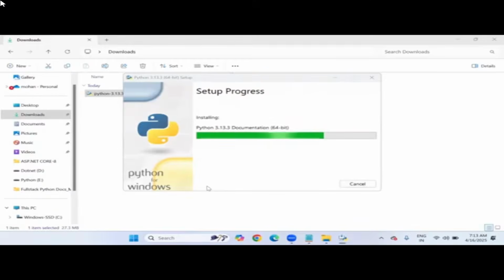It takes a few minutes, mostly a maximum of 1 or 2 minutes. It will take much more time. It won't take long to install Python. So now you can see it's almost completed. Python installation is over. So no matter what editor you are going to use later while writing Python code, you